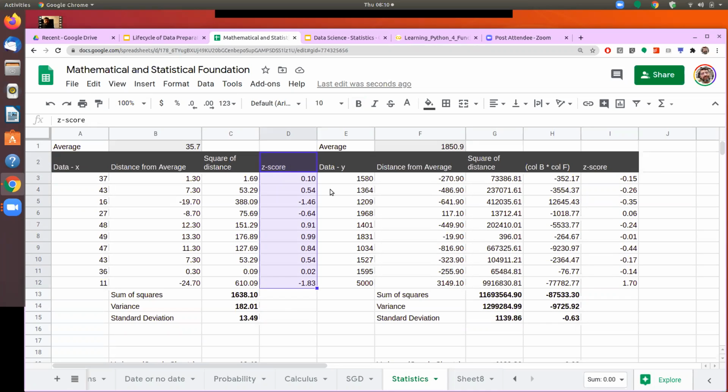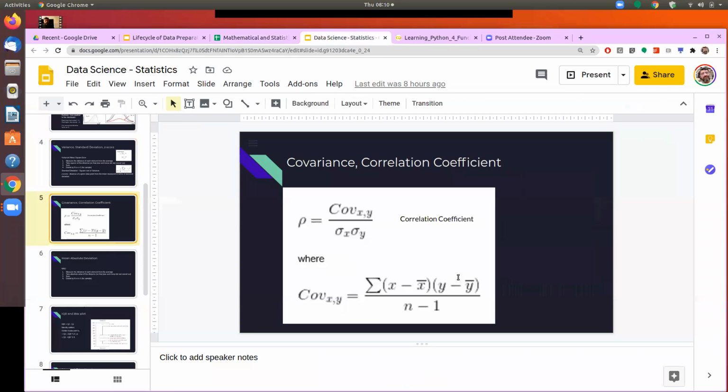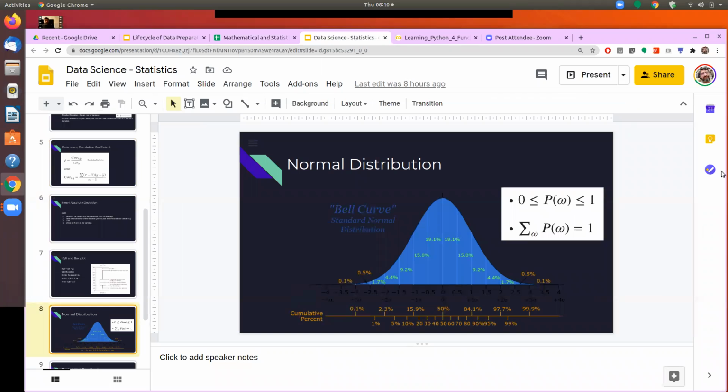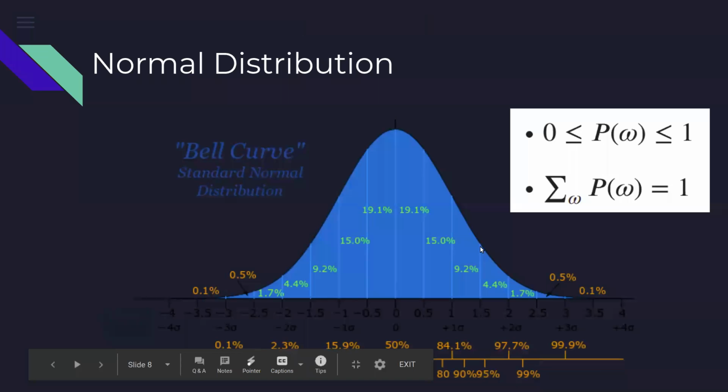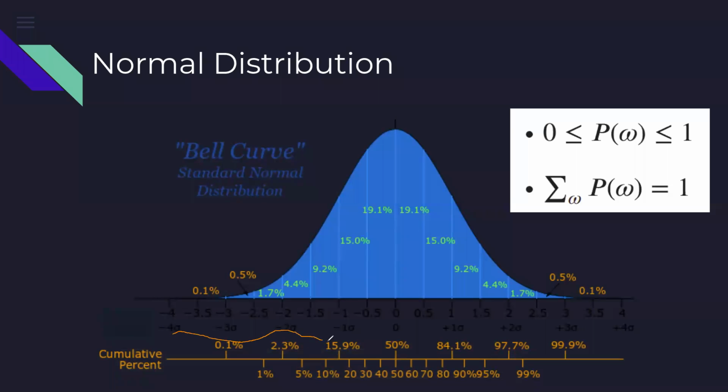So this Z score, where do we use it? We'll go back to our presentation, and we were talking about it earlier. I showed you this. Now, having computed the Z score, this is what is being shown here at the bottom. If you see this part, which is showing you -4 sigma, -1 sigma, and so on. You see these numbers? What it is showing is that this is the average or the mu or the mean, and this distance is showing -1 sigma, and sigma was my standard deviation.